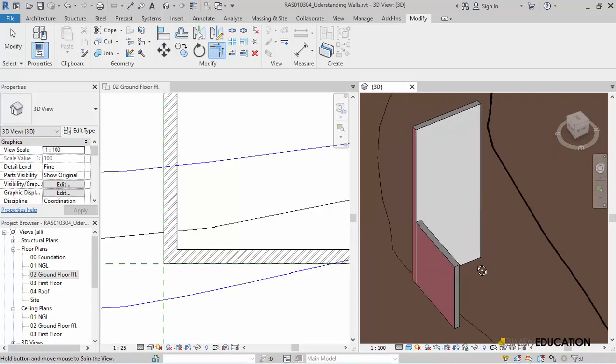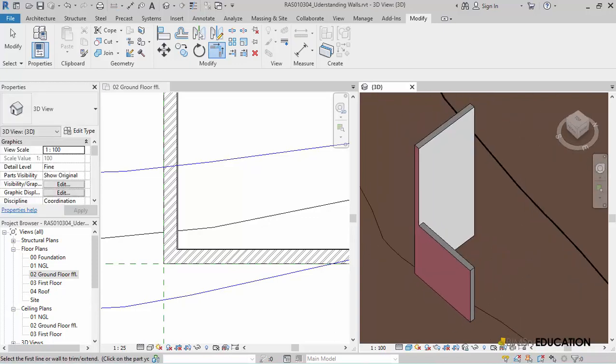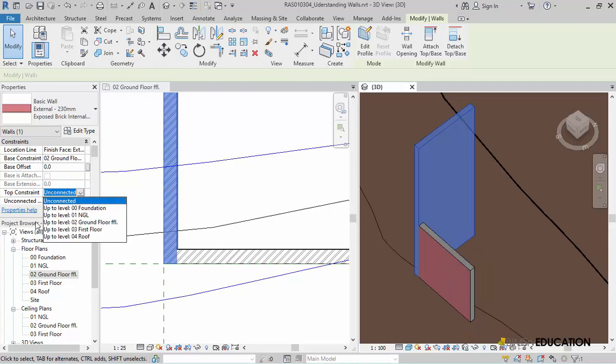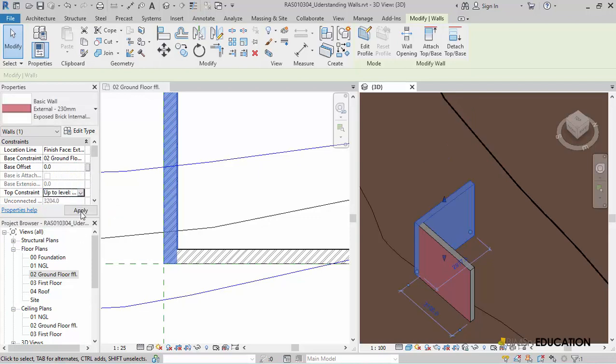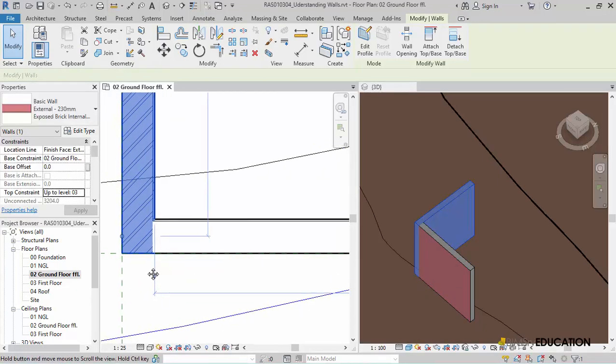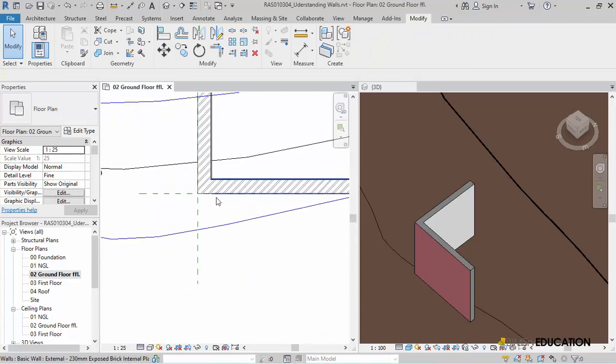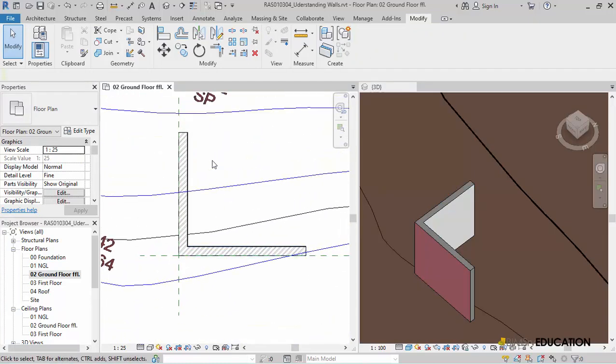I'll hit the Modify button. Now I'll select the other wall and change the top constraint to first floor here in this case as well. I'll cut a section.